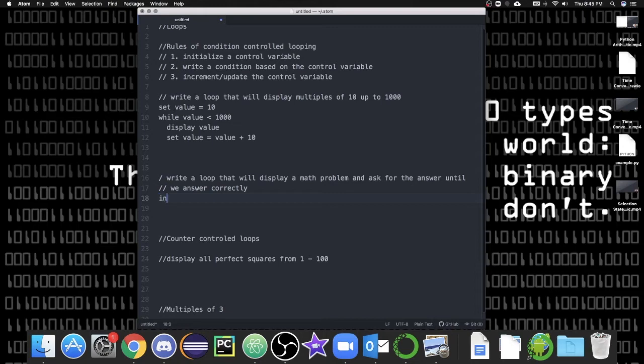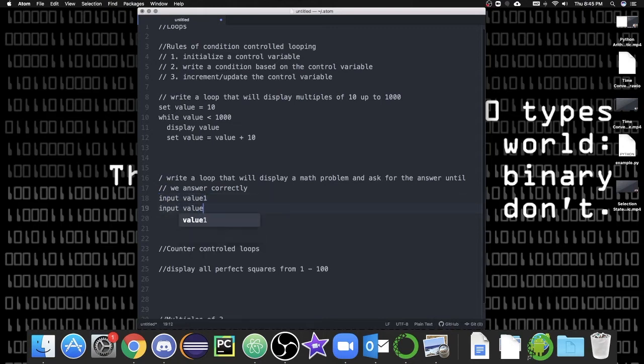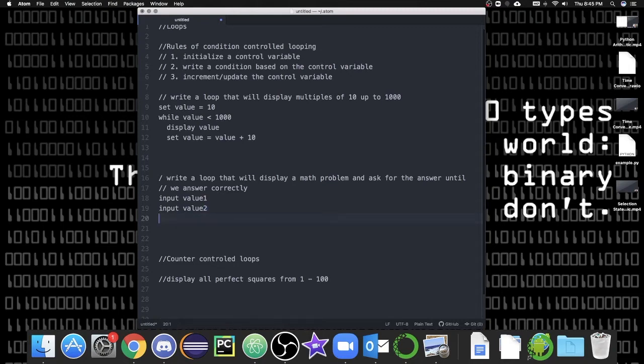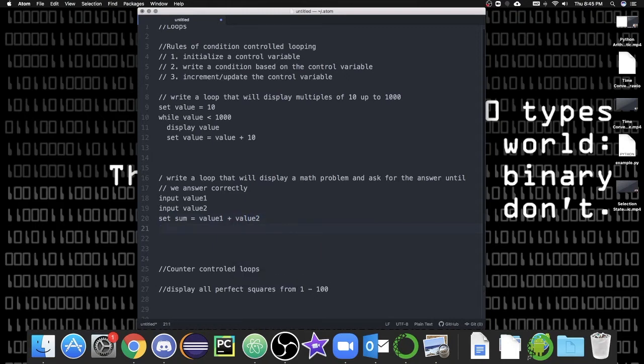So I may have something like input value 1, I might input value 2, okay? So I'm putting things in, and my goal is to come up with the sum. So let's let the computer decide what it's going to be. We'll say set sum equal to value 1 plus value 2. So the computer knows what the sum is, but now I'm going to input some sort of answer for value 1 and value 2. So input answer, and that answer will be prompt something for the sum of value 1